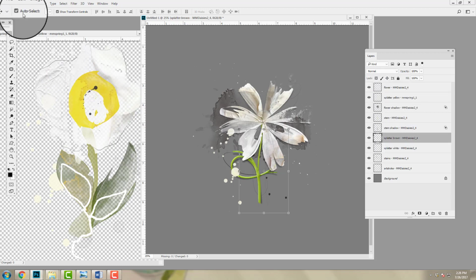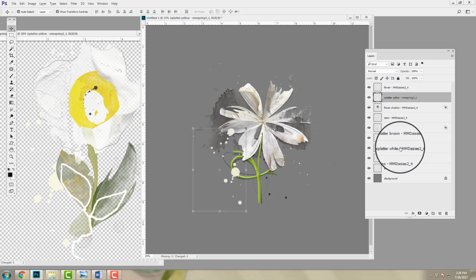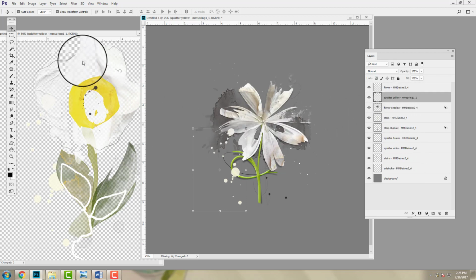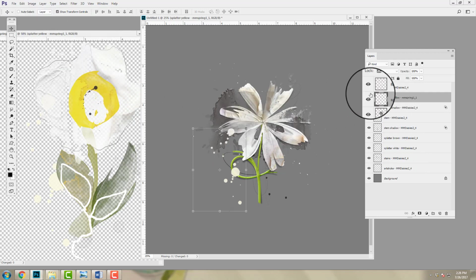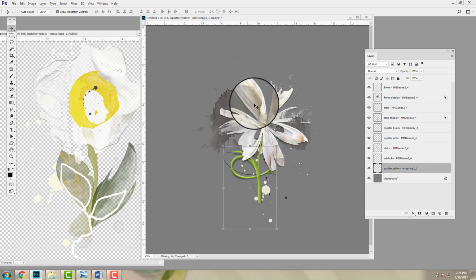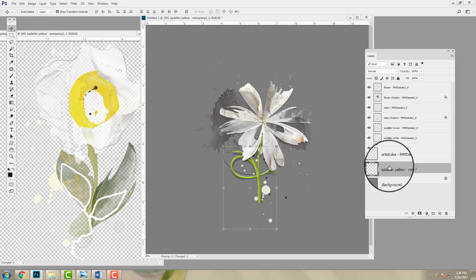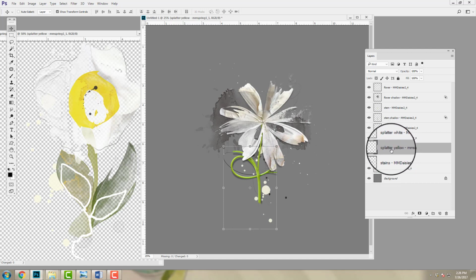So I just need to go back. With the auto select option selected, I'm going to just click on that splatter to locate it, as opposed to trying to find it in my layers stack. I'm going to unselect that so that I don't accidentally click on any of these other layers, and then move it down below the layer stack. So not only can you add layers to the different elements, but you can also reorder them by moving them, dragging and dropping them between layers in the layer stack,